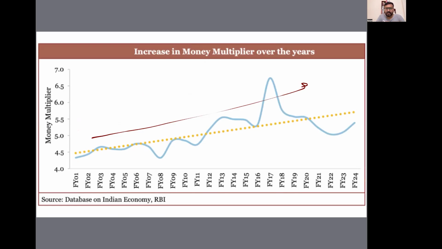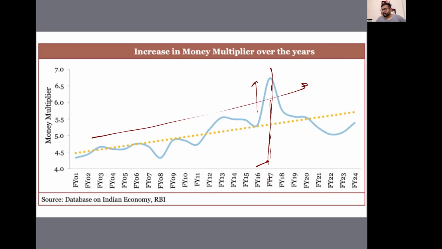So the money multiplier in the economy will increase. But at the same time, you see some artificial increases. For example, during this time period, which is just after demonetization, a lot of people deposited money in the bank. So the deposits increased and the cash in hand was much less, and therefore the money multiplier